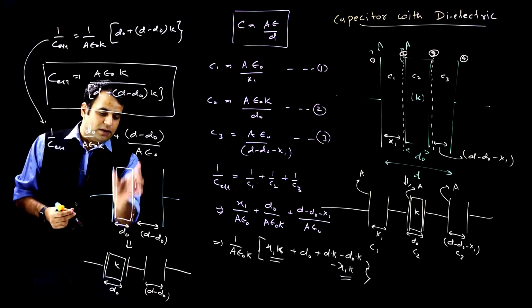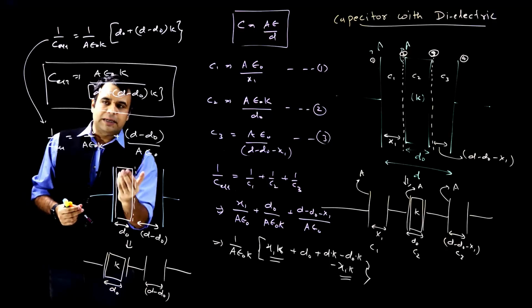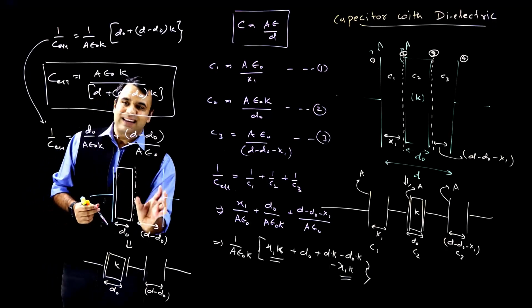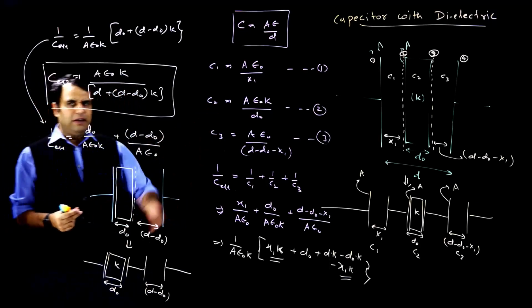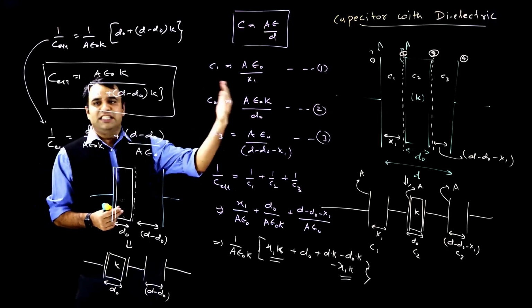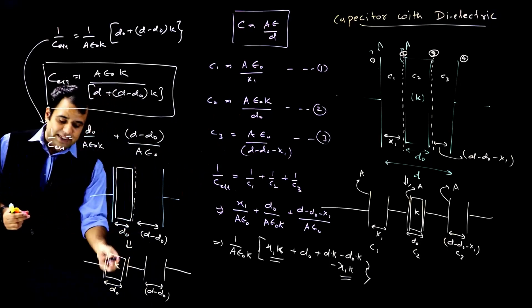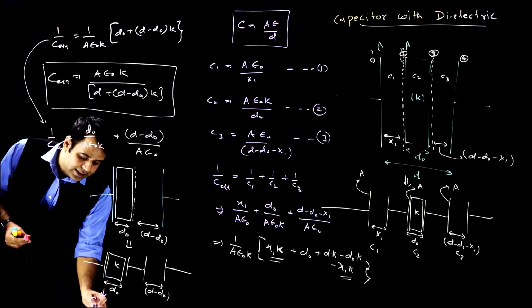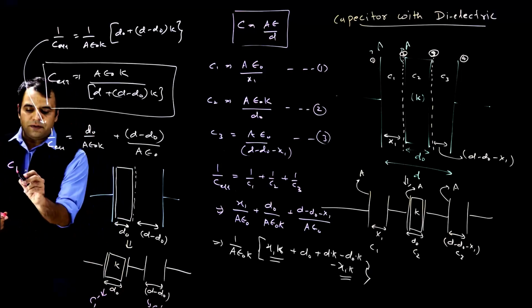I've introduced one metallic plate here. So this becomes one capacitor completely filled by the dielectric, and this becomes another capacitor filled by air, and they are in series. Same principle I have applied; the only thing I did differently is that I shifted the dielectric. So I am calling this C1 dash and this C2 dash. So the value of C1 dash, if you see,